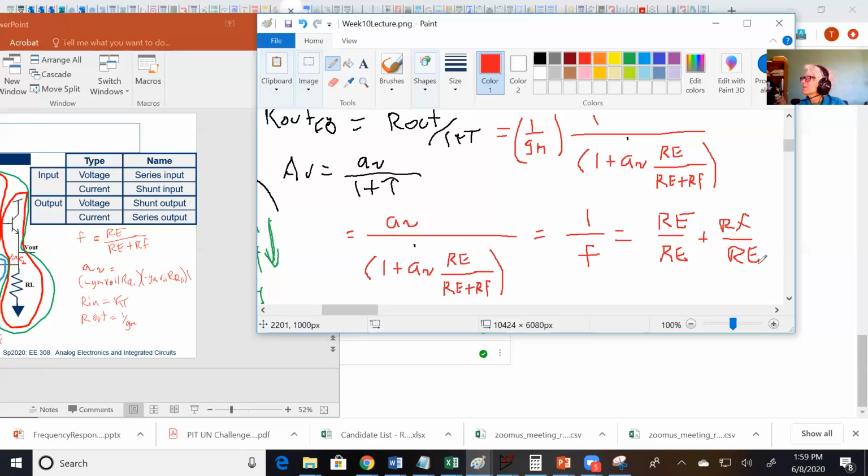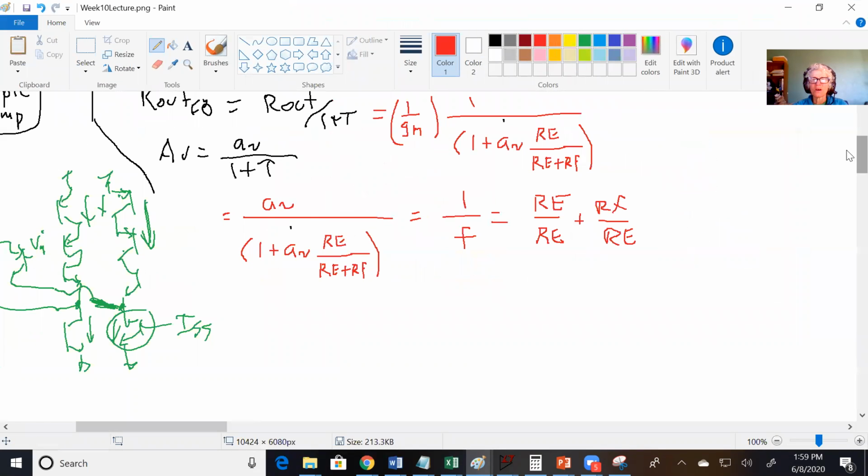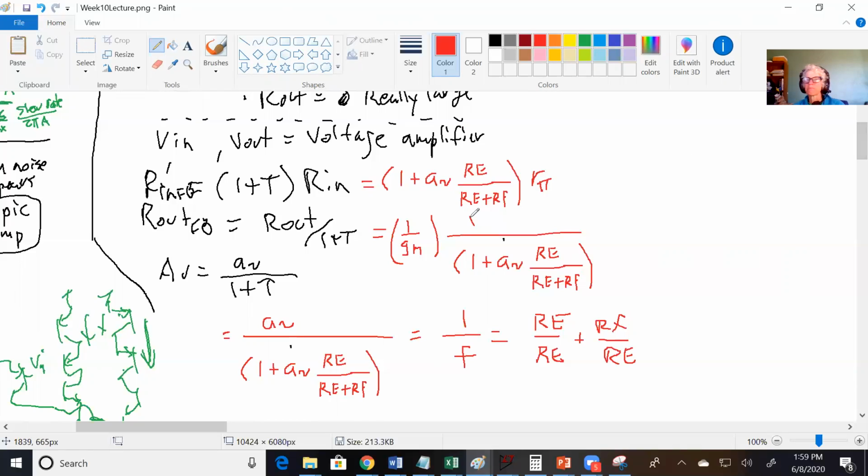Okay. So good up to there. Okay. All right. So that's one thing, and this is just the case where your R in and R out are really high. But unfortunately, if you use an RE and an RF,